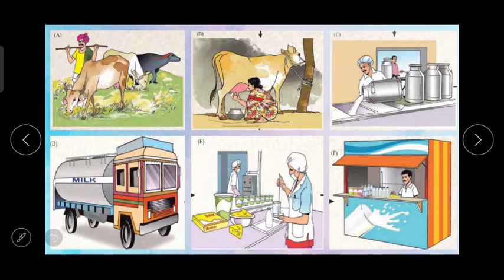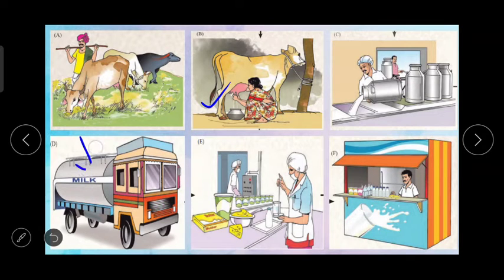Which of these activities is undertaken to obtain a product from nature? Then which product is obtained through it? How long does this product last? For example, if we talk about ghee, तो घी कितने समय तक चलता है, या फिर पनीर. In which picture is the product obtained from nature being collected? And that is the milk. Where is the milk being taken? What happens to the milk thereafter?